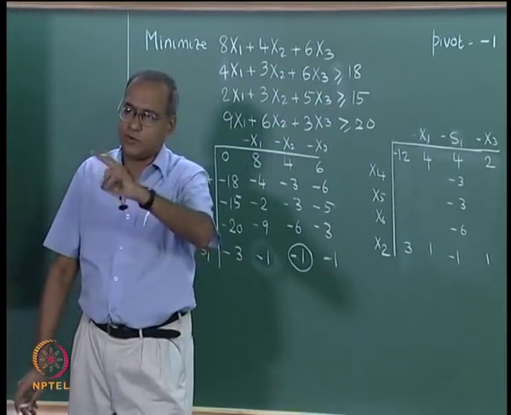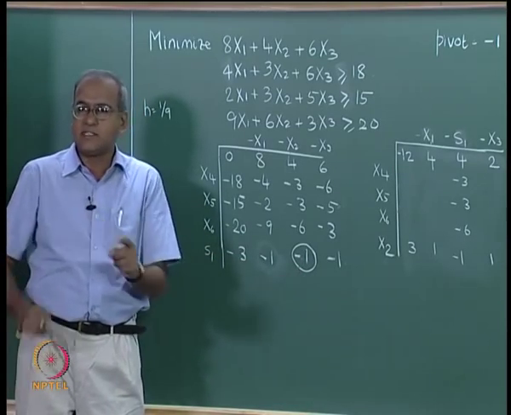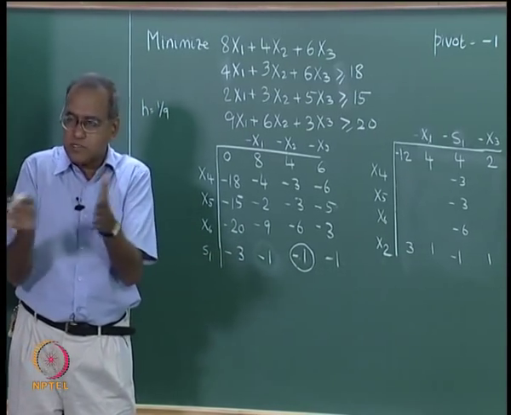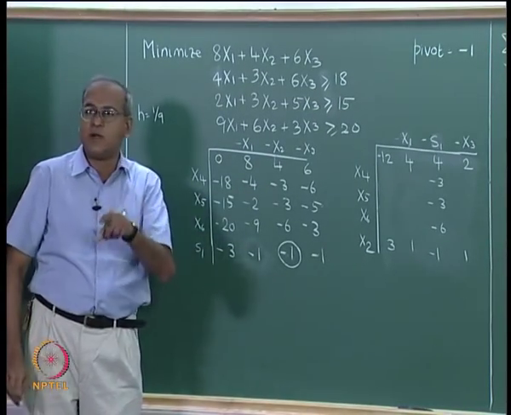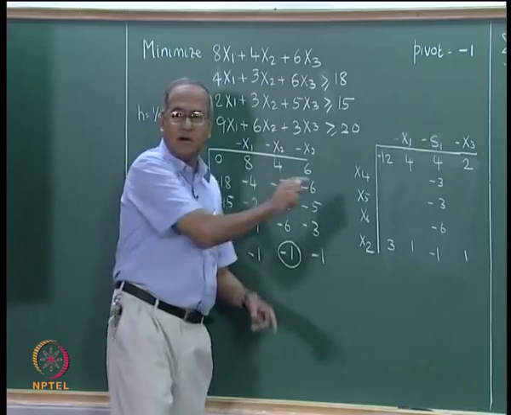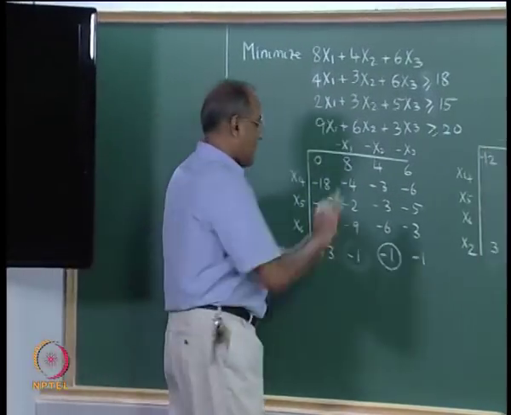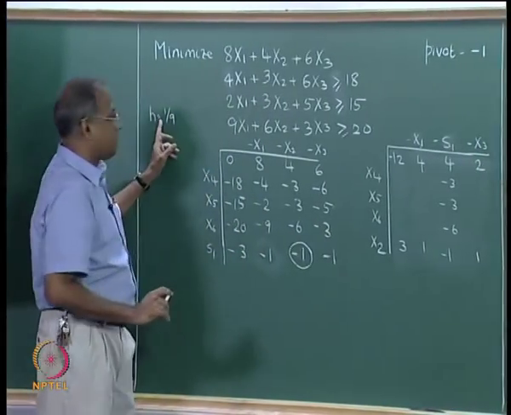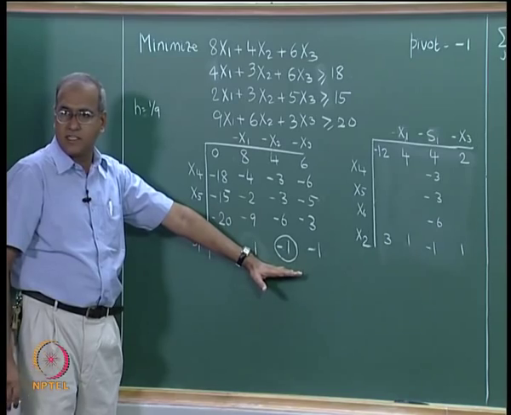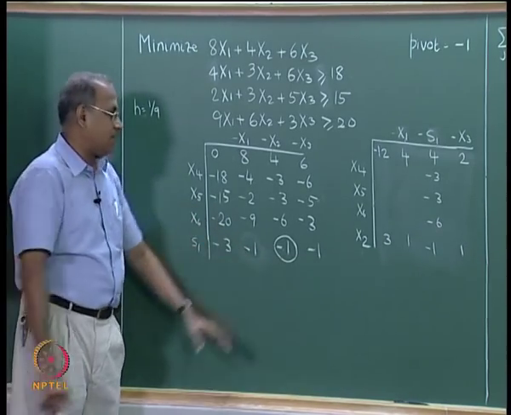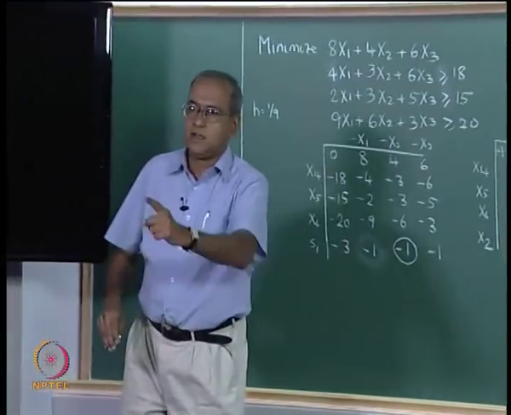So, I have to do two things. One is the pivot element has to be minus 1, and second is if I have more than one minus 1 element there, then I have to ensure that the entering column is the one that has the smallest value of this. That is the second learning that we get. So, we can actually use h equal to 1 by 9 to get this all integer dual cut, and then we can pivot on this or make x2 the entering variable and then we proceed.